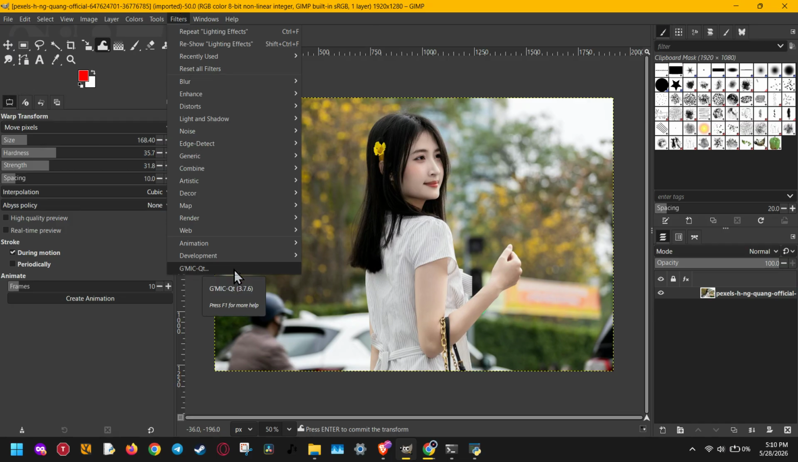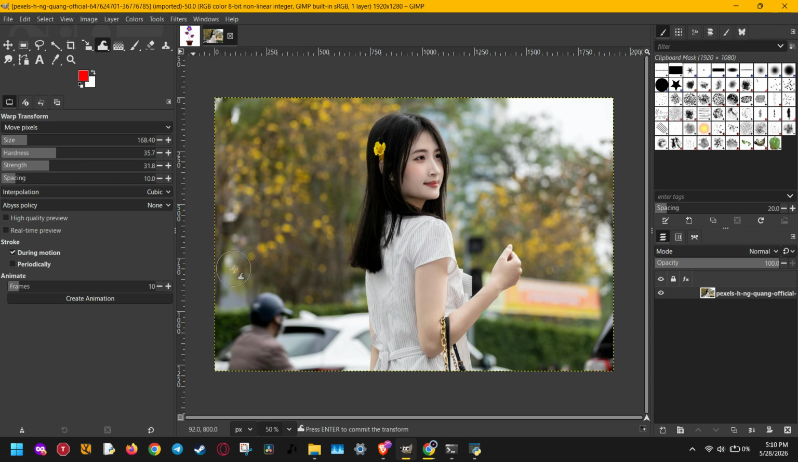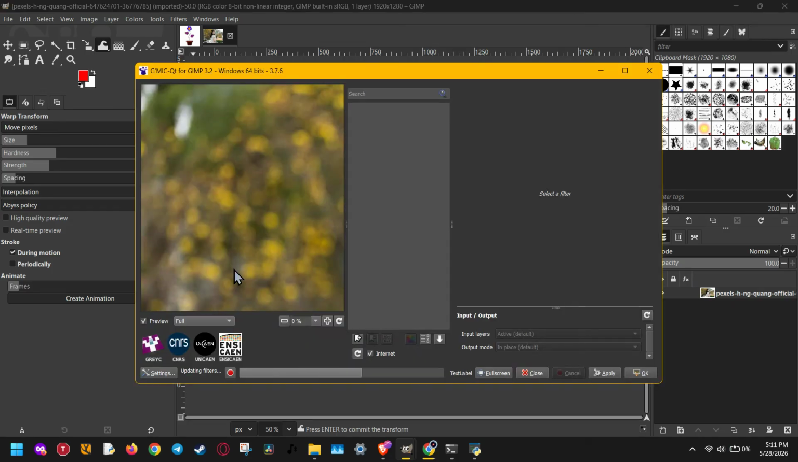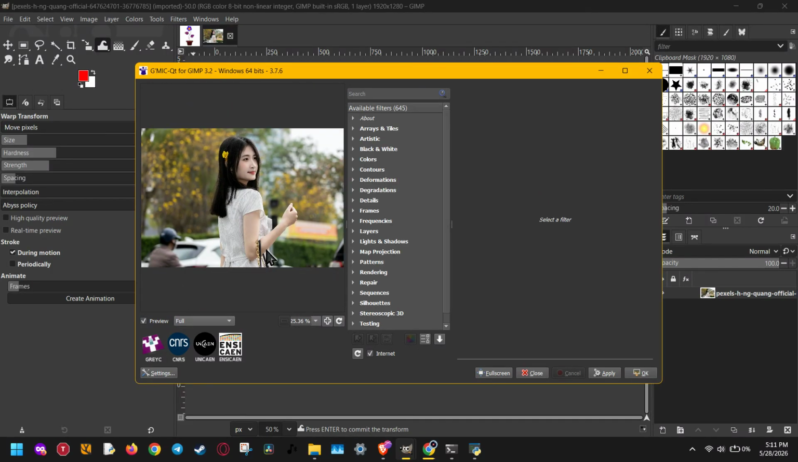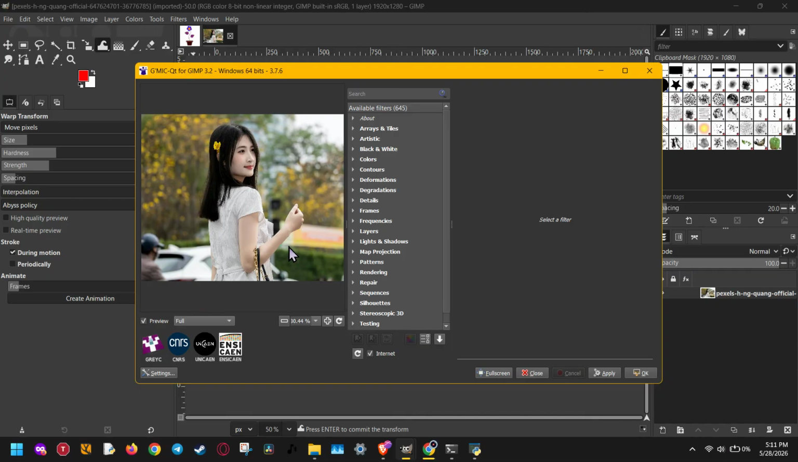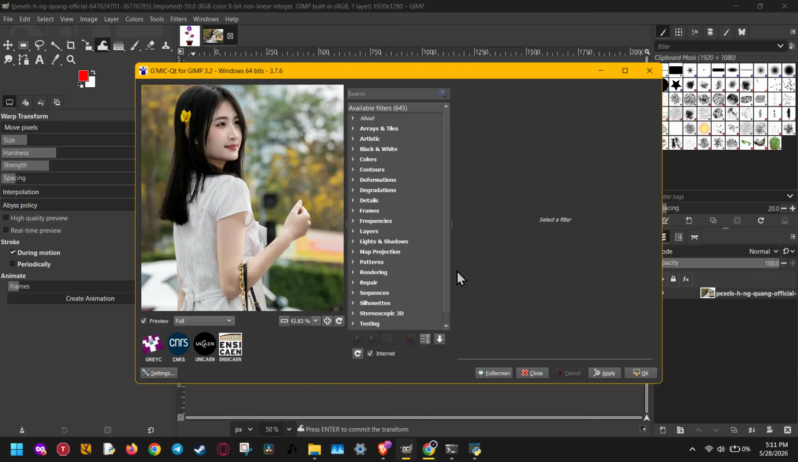Inside Filters, you should now see gmic-qt listed there. That means the installation worked, and you're ready to start using all the gmic filters inside GIMP. If you click it, the gmic interface should open, and you can begin exploring the different effects and tools available. So that's it. You've now installed gmic in GIMP 3.0 using the official Windows installer, and confirmed that it appears